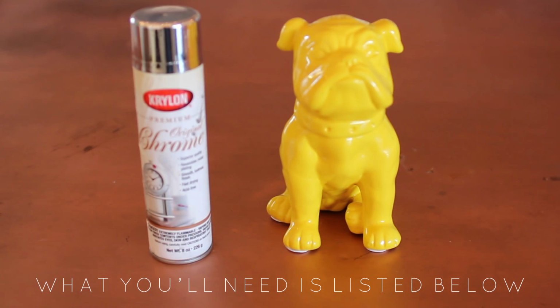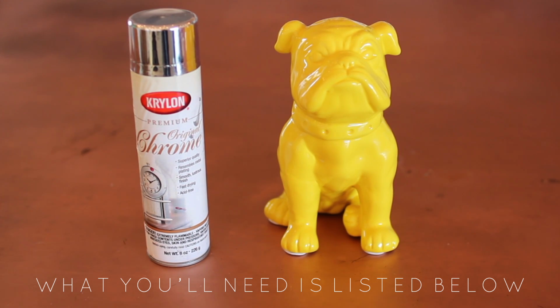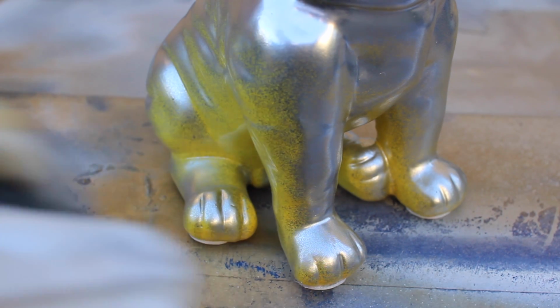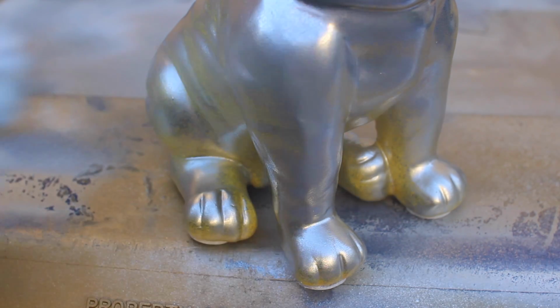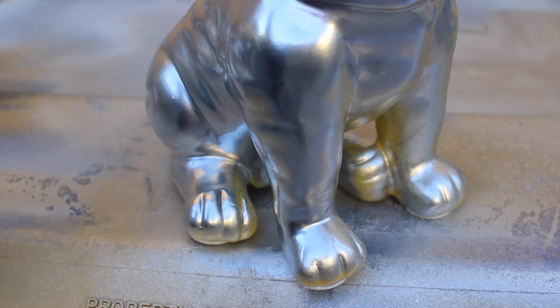All you're going to need for this Upcycle DIY is some spray paint and the thing you want to make a little bit more pretty than this ugly yellow. I don't go by any rules when I'm spray painting. I don't care what I'm spray painting. I use the same paint for everything, so I just spray painted the heck out of this thing